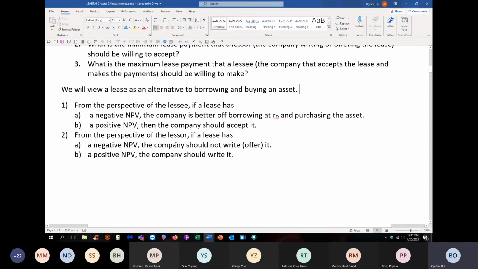So from the perspective of the lessee, if a lease has a negative NPV, the company is better off borrowing at the cost of debt and purchasing the asset. With a positive NPV, the company should accept the lease. The borrowing rate for leasing would actually be a little bit lower than RD if you can find it. It's sometimes hard to find on a 10K, but